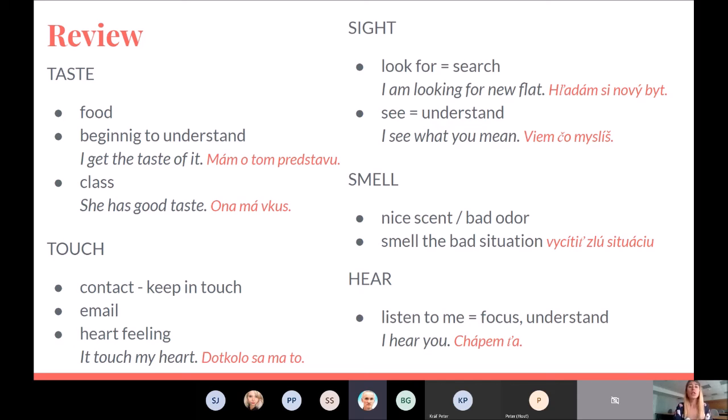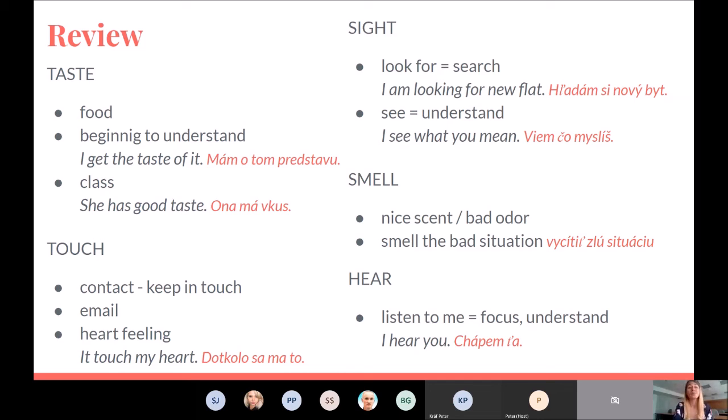And as well, we can use the word taste as a noun and to talk about somebody's good taste or bad taste for something. So she has a good taste, or he has a bad taste, for example, to talk